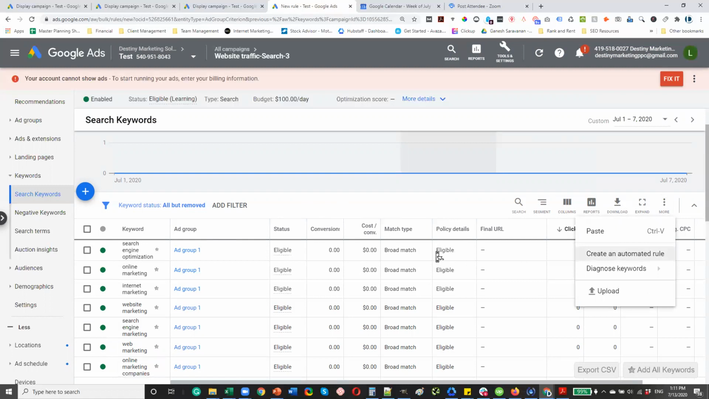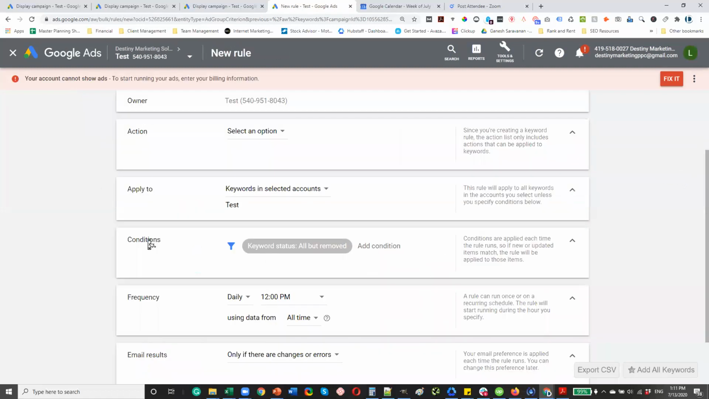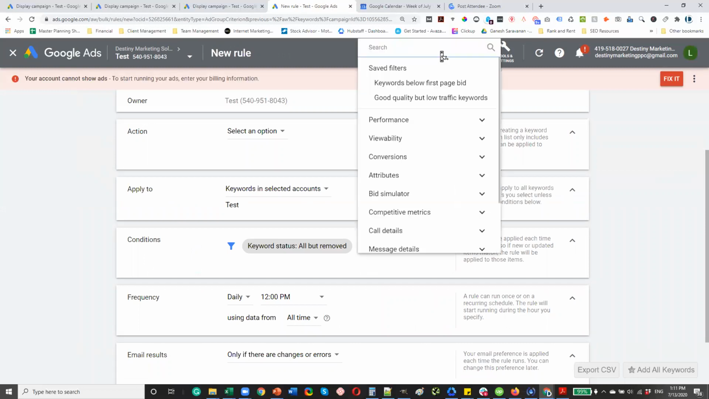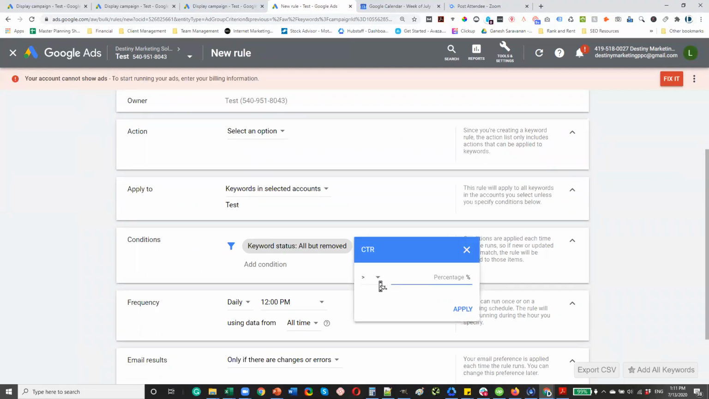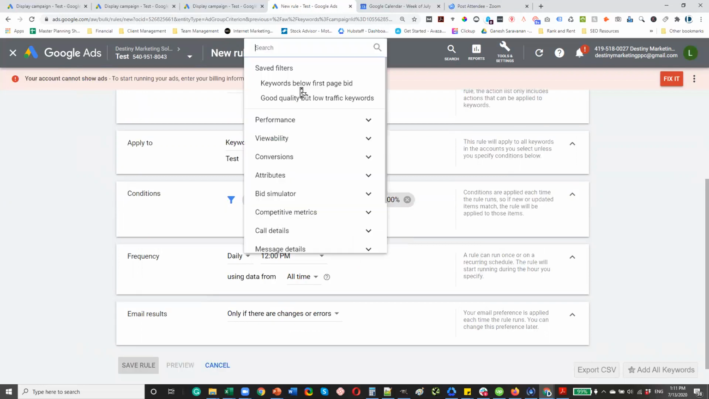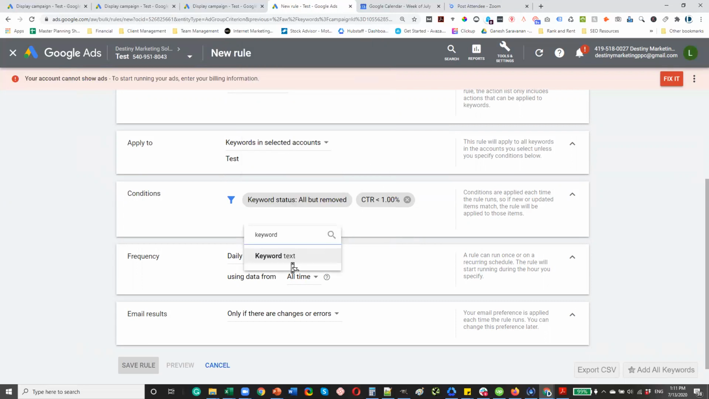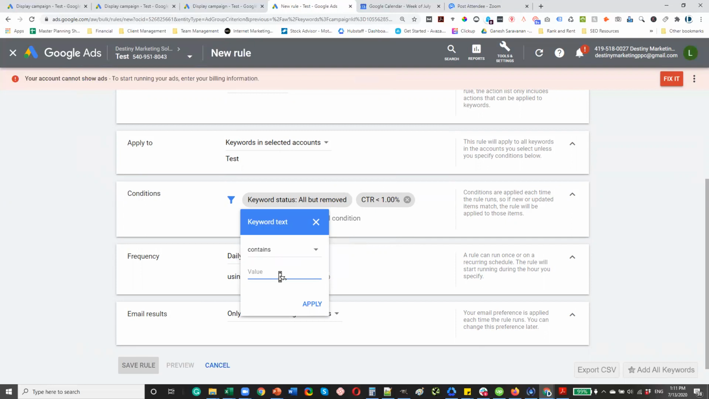So you go to conditions and then, whatever it is, let's say one that I use frequently, CTR, if it's less than, I don't know, 1%, and if the keyword text contains, I don't know, SEO,